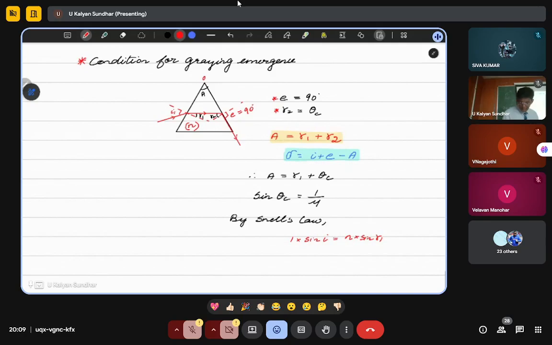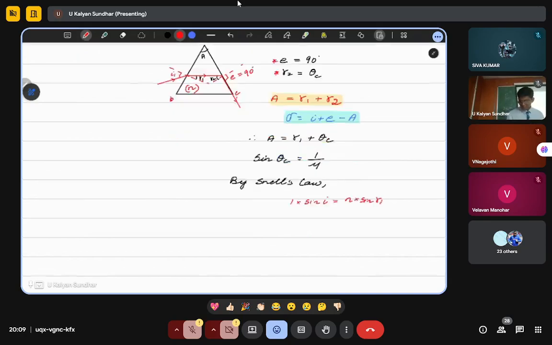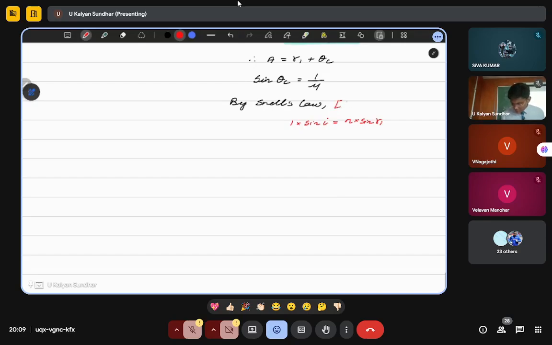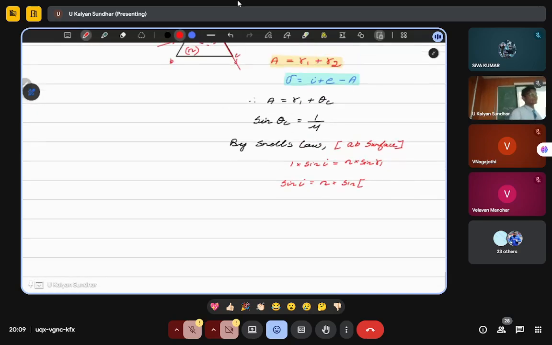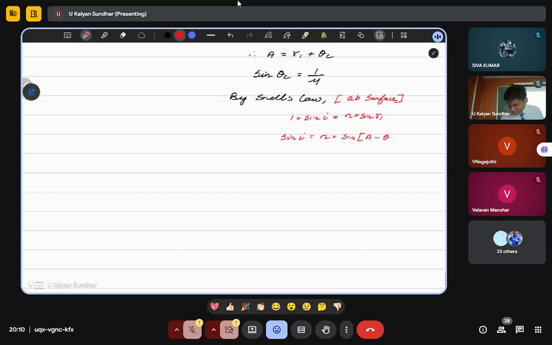across A, B, C. So this is for the small a, B surface. Correct, sir? Now, therefore, sin I will be equal to n into sin R1. How can we write it in terms of refractive index and critical angle? R1 is equal to A minus theta C value. So I can write it as A minus theta C, and